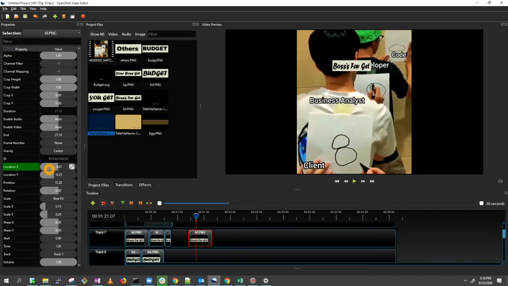Again we will put here minus 0.03, and it goes like this. So it will move like this. Then here we will be putting 0.5. It goes directly inside. We will be putting 0.3. It moves up. We'll put 0.1. It moves further up. Then I think we have to put minus 1.